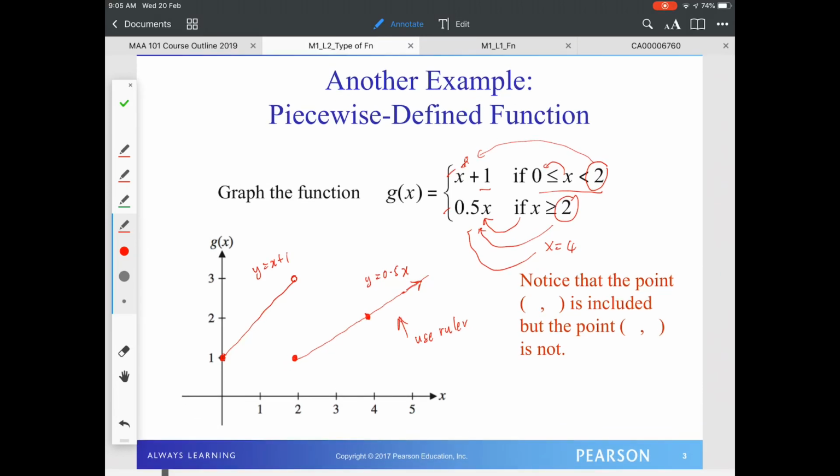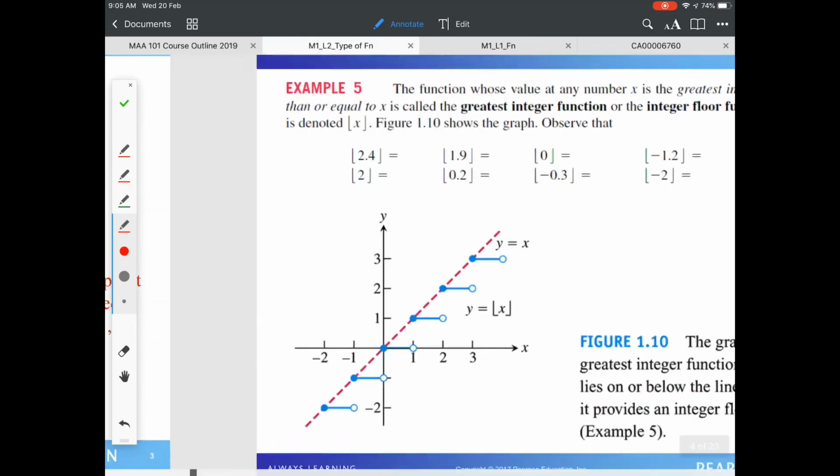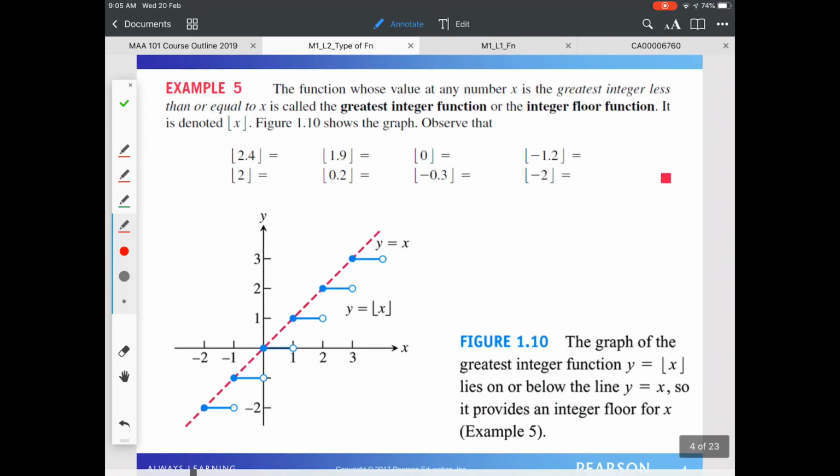Notice that the point (2, 1) is included here, but not the point (2, 3). (2, 3) is excluded in this line, because the function is well defined at (2, 1). Okay, there are 3 examples of piecewise defined functions. In another kind of example